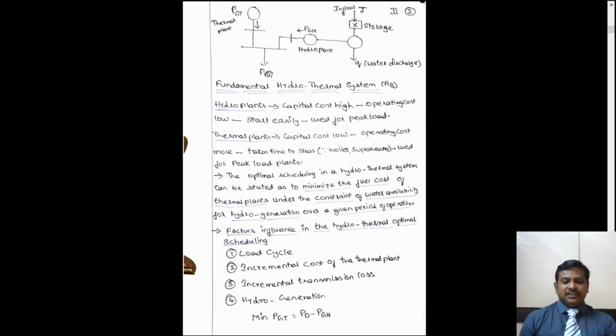The main concept, as in case of unit 1, we have seen that the power generation should always be greater than or equal to the load demand, PD. Okay. So since we are having two power plants, one a thermal power plant and another one a hydro power plant, the PGT plus PGH should always be greater than or equal to the load demand. Greater means not much more. You should just have 1% or 2% greater, in order to cover losses.